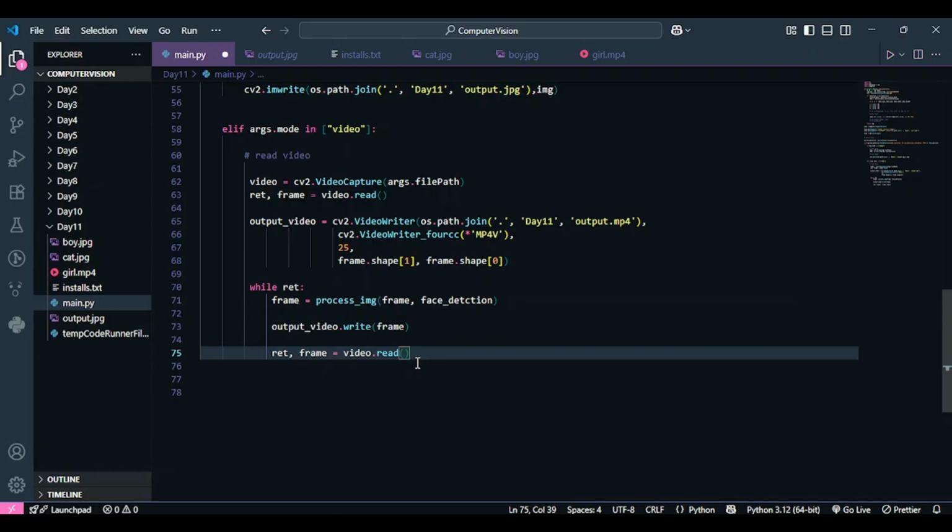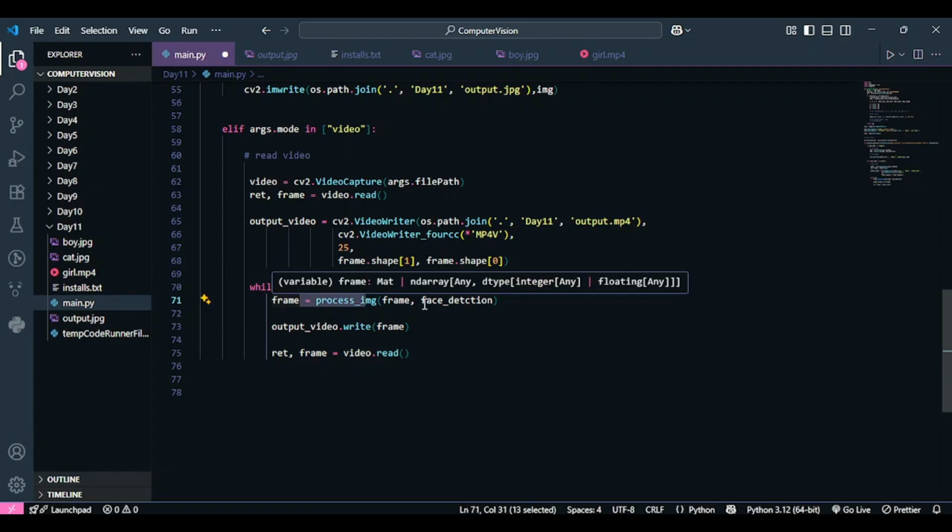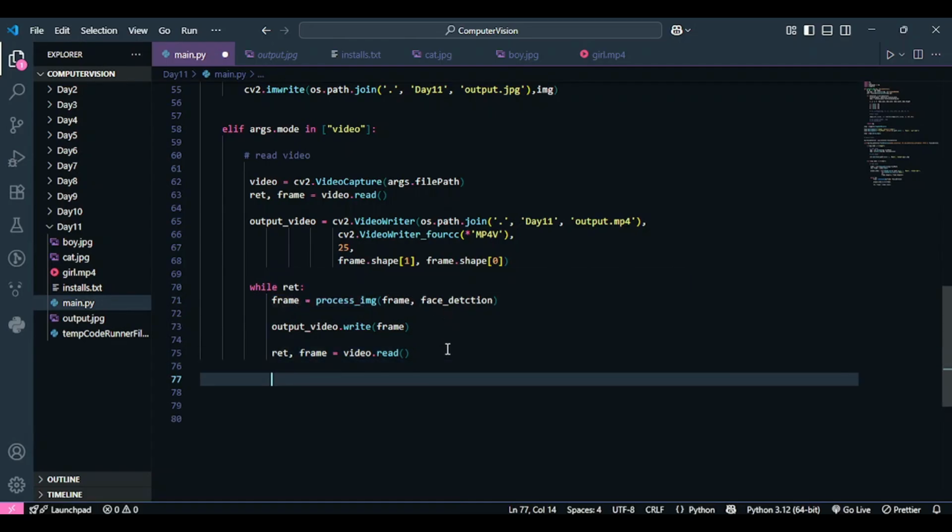It's just going to read the frame and write the original frame. But since we want to output the blurred frame, the anonymous face video, that is why we are going to write the frame after we have processed it. So that is it. I am going to release the resources in the end, so I'm going to call release over here, and let's see if it's working.